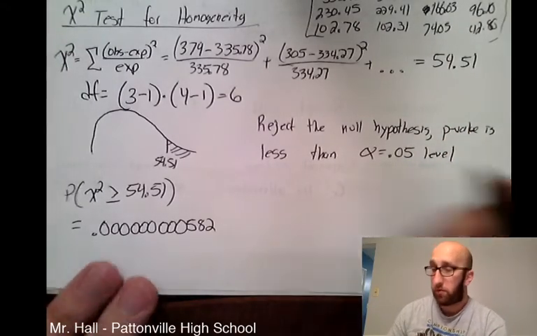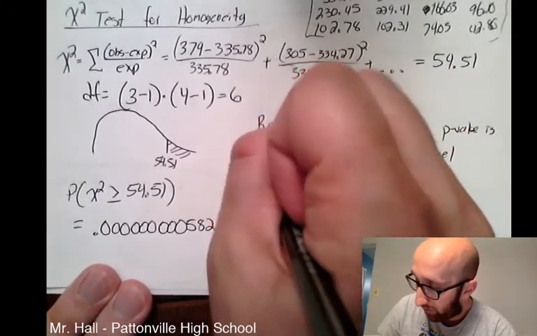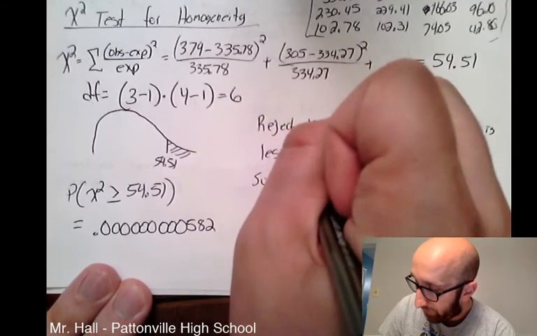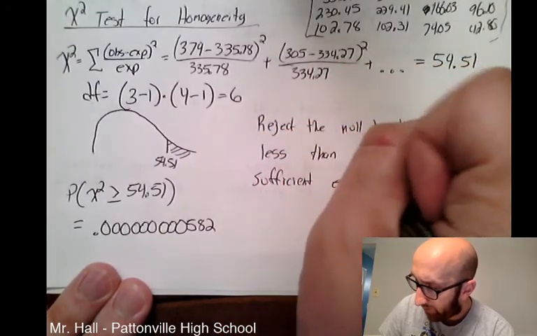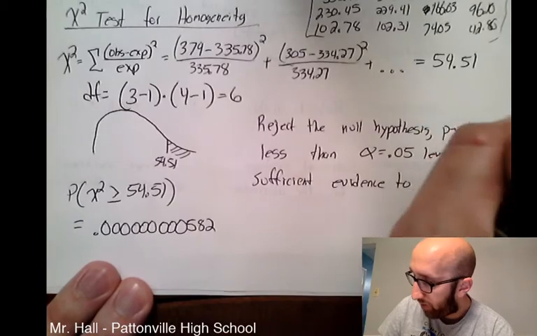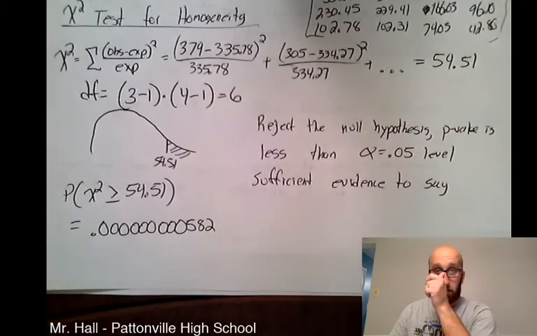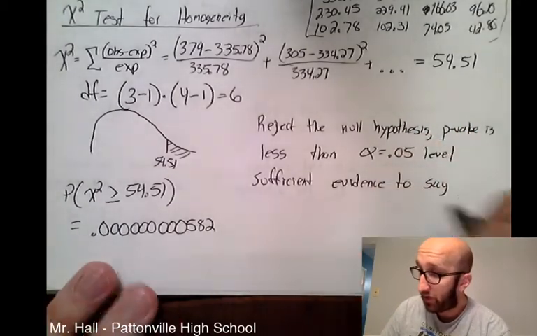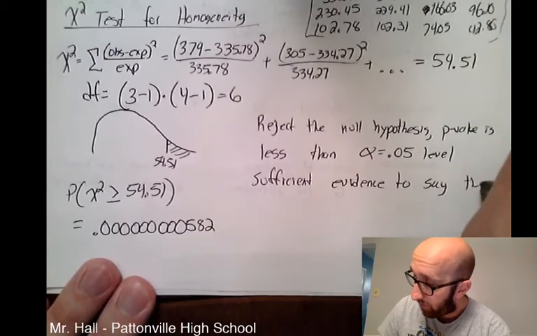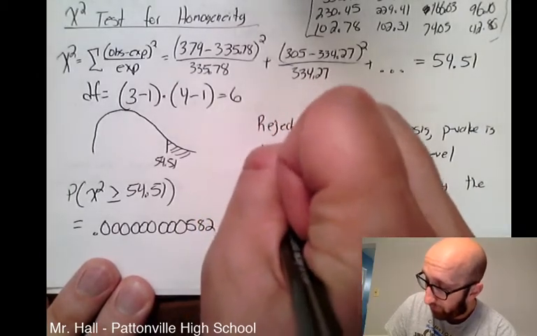And if we're going to reject the null hypothesis, that means we have sufficient evidence to say, and we're just going to state our alternative hypothesis again, sufficient evidence to say the distribution